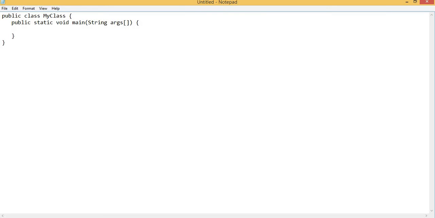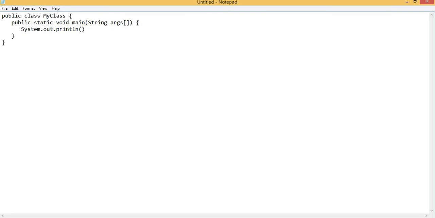So now I want to display something on the console. In C programming, if I want to display something, I will use the function printf. In the same way, in C++ programming we use cout. The same way coming to Java, if I want to display something on the console, I will use the statement System.out.println.